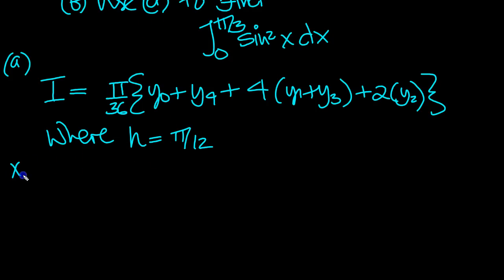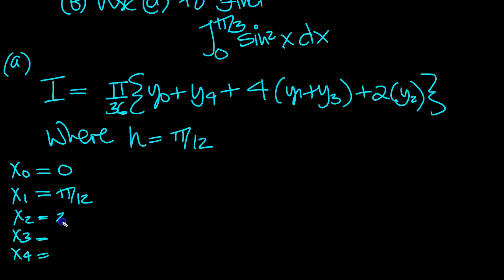So our ordinates then, x0, x1, x2, x3 and x4. We're going from 0 to pi over 3. We're going up in units of pi over 12, so let's write that in this fashion, 3 pi over 12 and 4 pi over 12. So the y ordinates then, it's simply